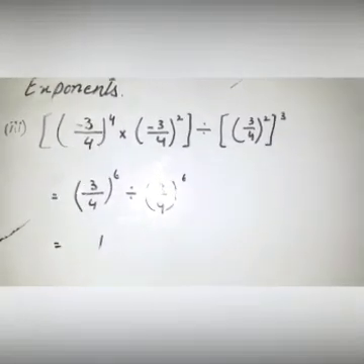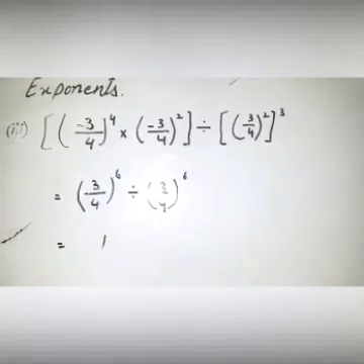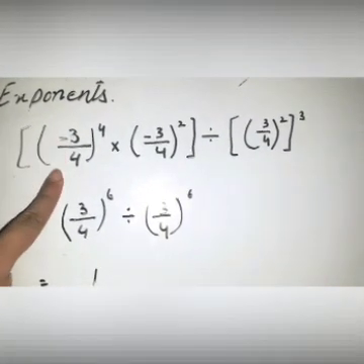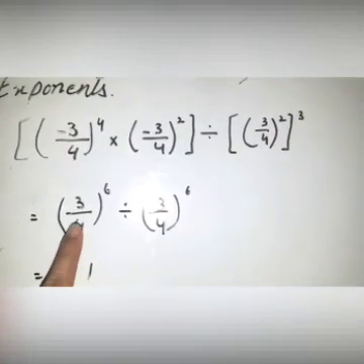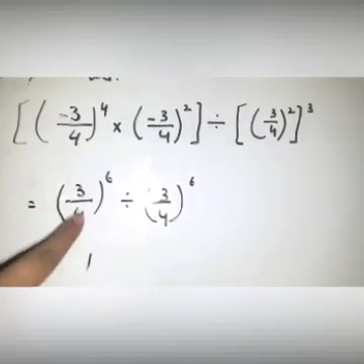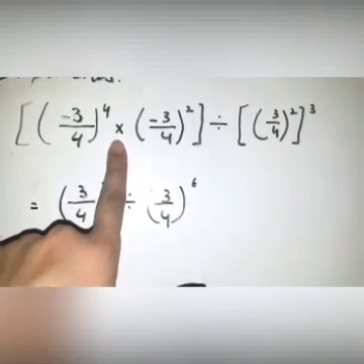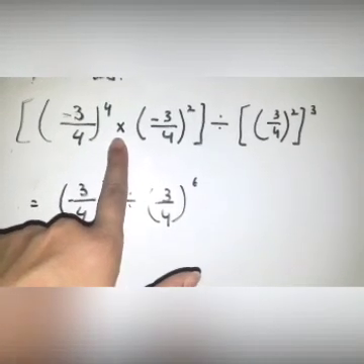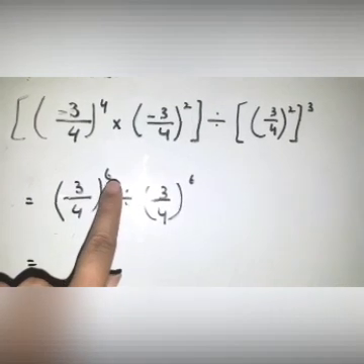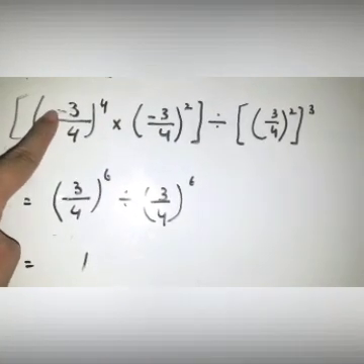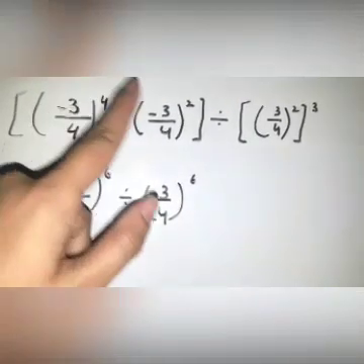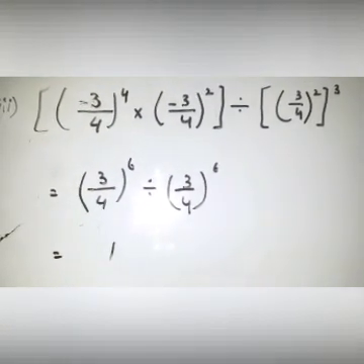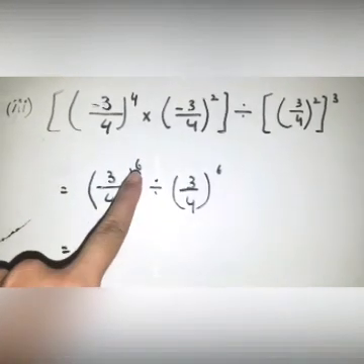Now you have part 3 from the same question number 7. You can see that (-3/4)^4 and (-3/4)^2. When you multiply them, the answer will be 3 over 4, 4 plus 2, because there is the symbol of multiply, so it will be add. The power is 6. And the sign will become positive. Why? Because we have an even number in the power. When we have an even number in the power, the minus sign will change to positive. (3/4)^6.